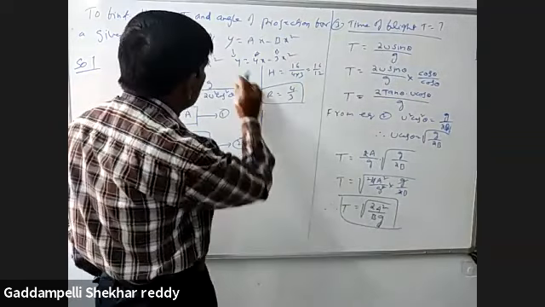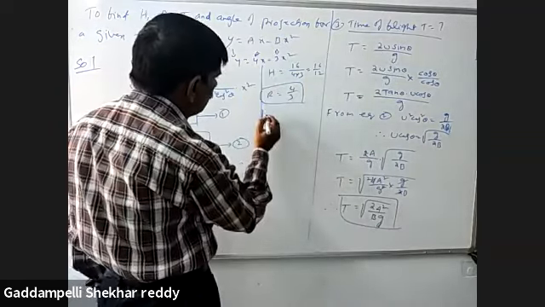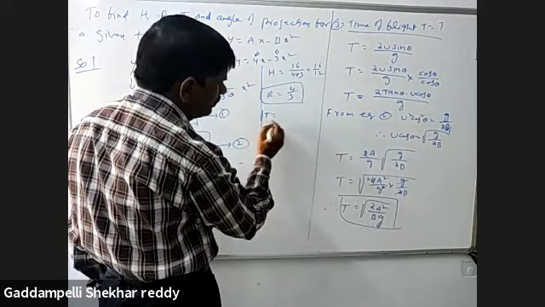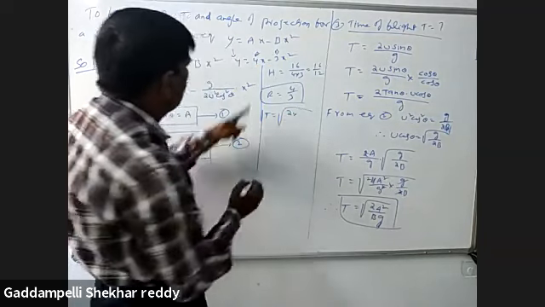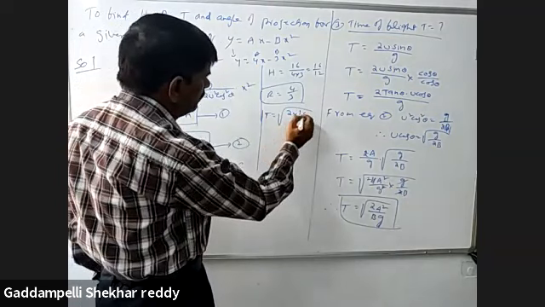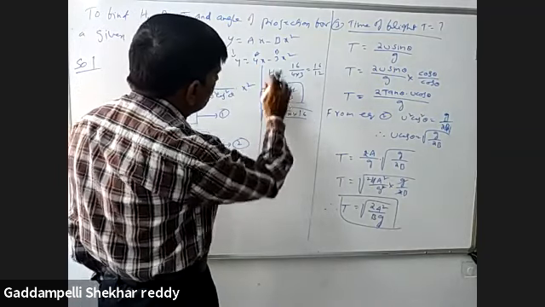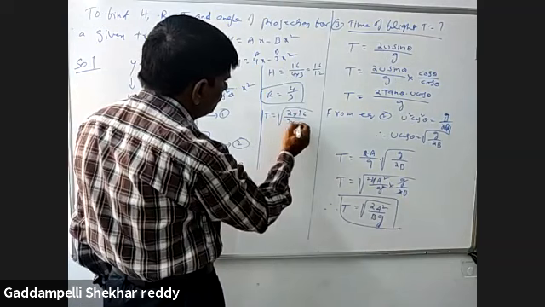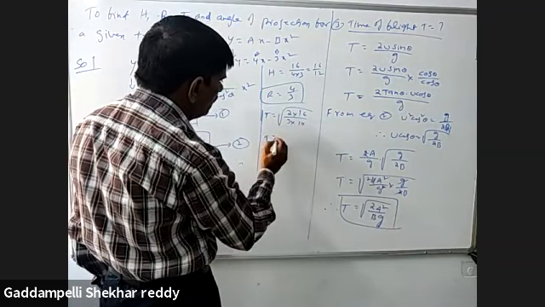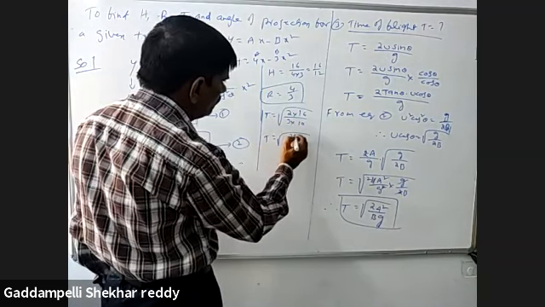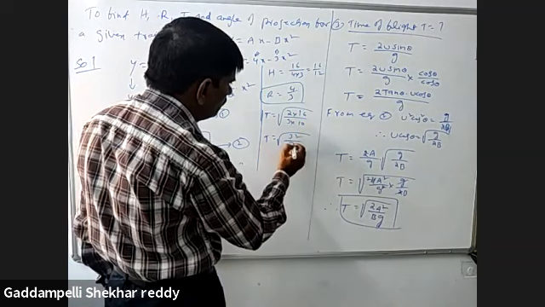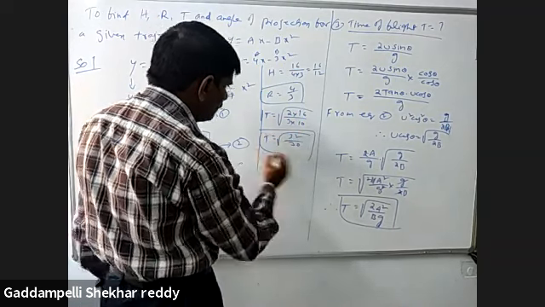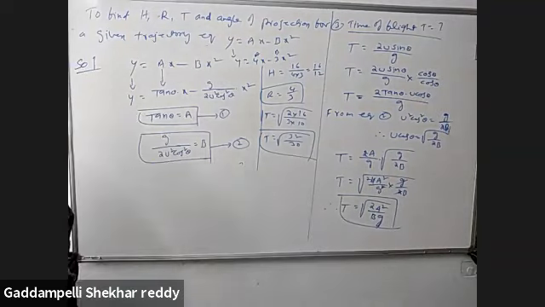For the given equation, like if it is given 4x minus 3x square, your time of flight is equal to under root of 2 into a square, 16, by b, which is 3, into g, where g value becomes 10. So that means T is equal to under root of 32 by 30. This is the time of flight.